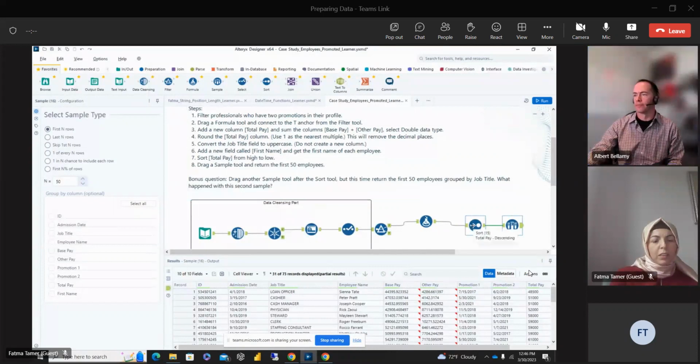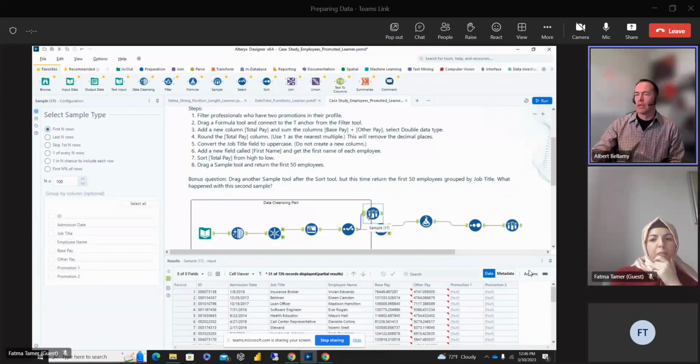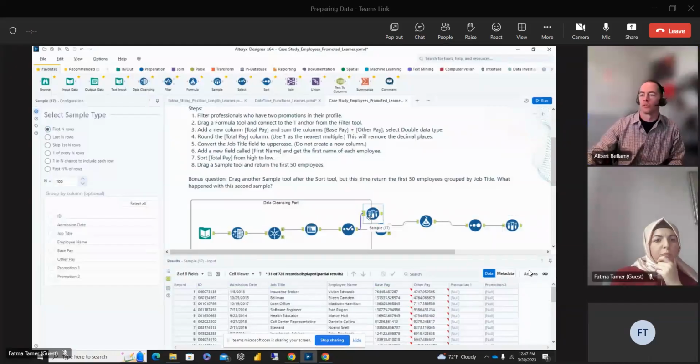It's already connected. The sample. No, the first select tool. Take another sample tool and connect it to that first select, right here. Yes. I'll show you something. Okay, now what we want, let's do the first 3 rows,